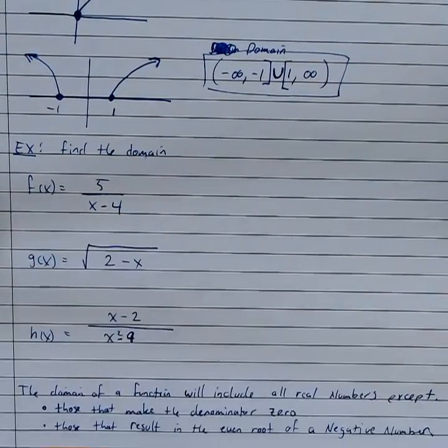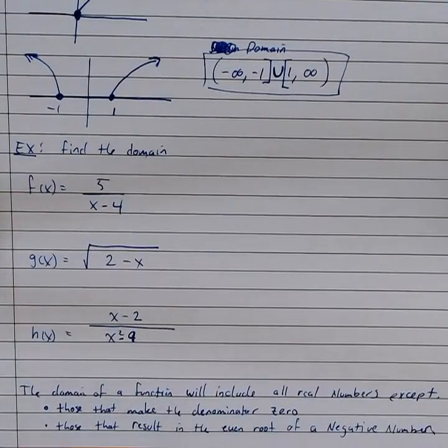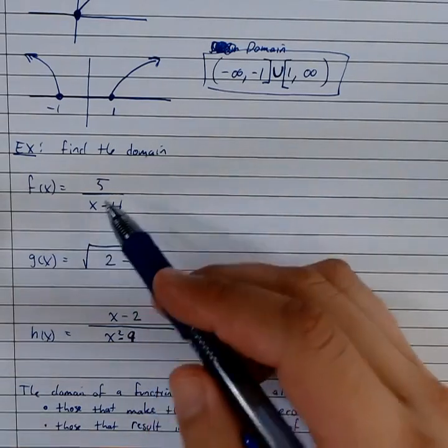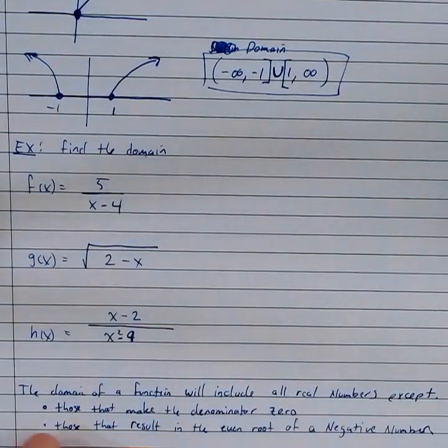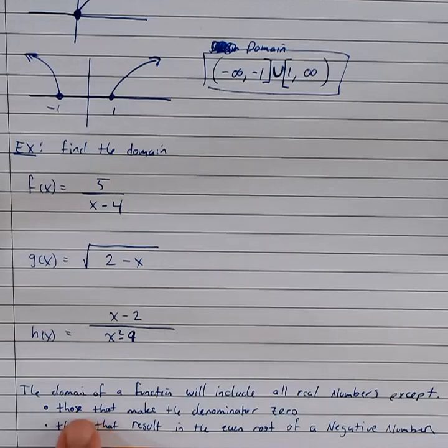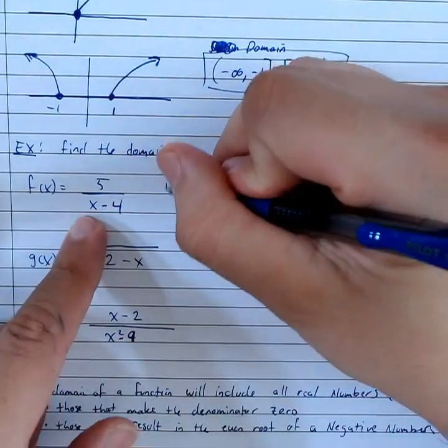Here, we're going to say, okay, my domain is every real number except for whatever makes the denominator 0 or whatever gives me an even root of a negative number. Well, here I don't have any roots. There's no square root anywhere in this problem, so I don't even have to worry about that second bullet point. But I do have a denominator. So what I want to do is, my domain